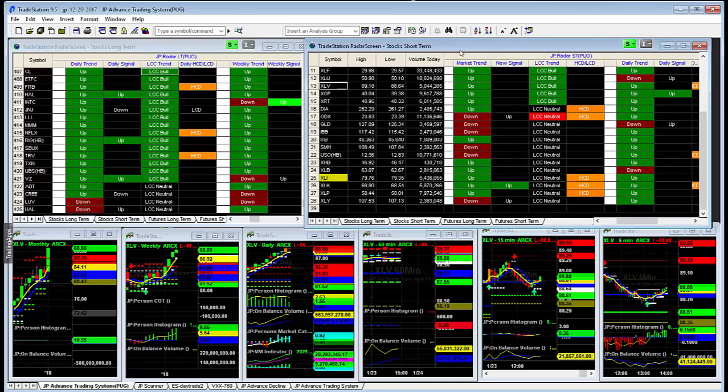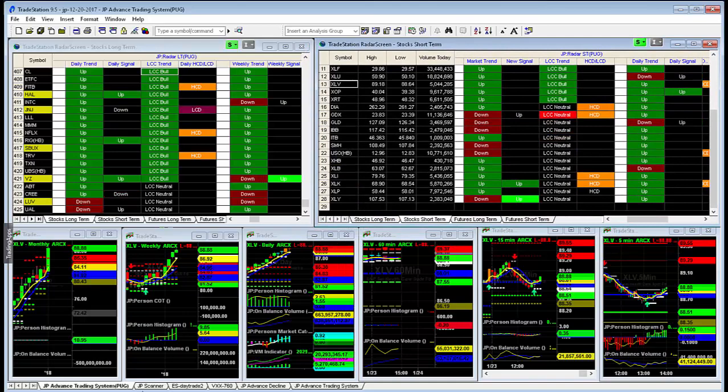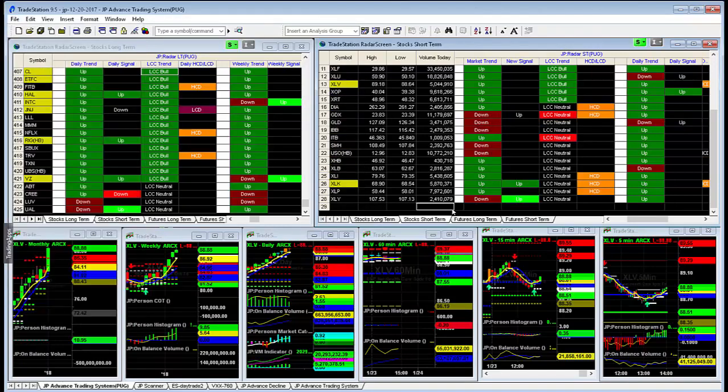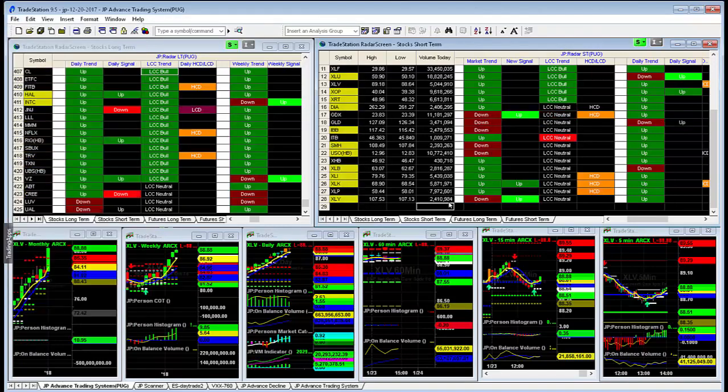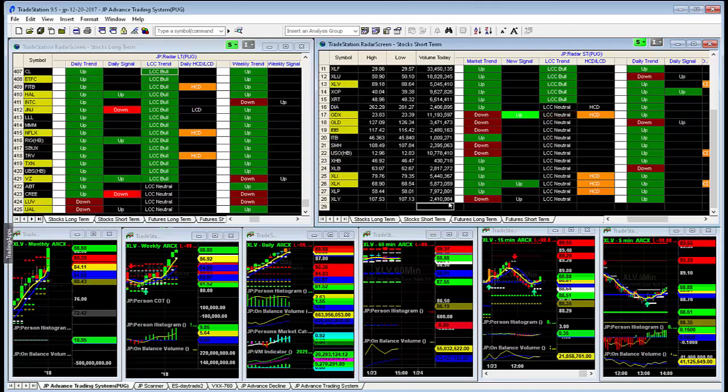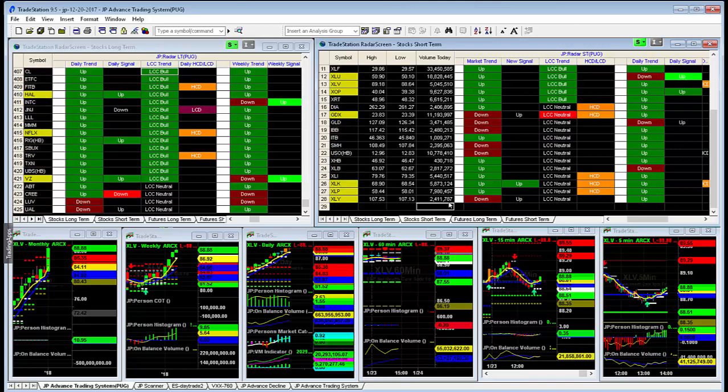Now, this is a window. This is my workspace. If I wanted to save this workspace, I just created it, right? So I want to immediately go and save the workspace. Because if something crashes, I want this up exactly how it is. So as soon as you do something that you like, save it, all right? And that's going to be, I think, a godsend. So when something does crash, you know that it's going to be there, all right?